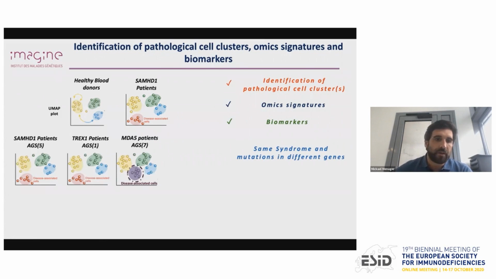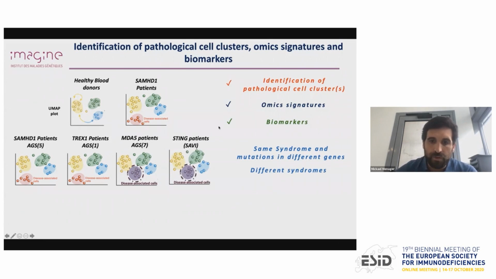We could also test, here we're talking about the Aicardi-Goutières syndromes, AGS. You have different genes mutated, SAMHD1, TREX1, MDA5, among others, leading to the same syndromes. Then we could check that, although at the clinical level we're talking about the same syndromes, at the molecular level and the single cell level, are we talking about the same pathological clusters? And then we could also compare patients with different genes mutated and different syndromes, here SAVI versus Aicardi-Goutières syndromes, and this time maybe look for homology at the molecular level, whereas there could be a difference at the clinical level,